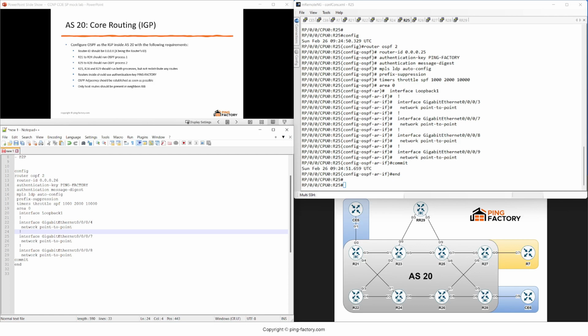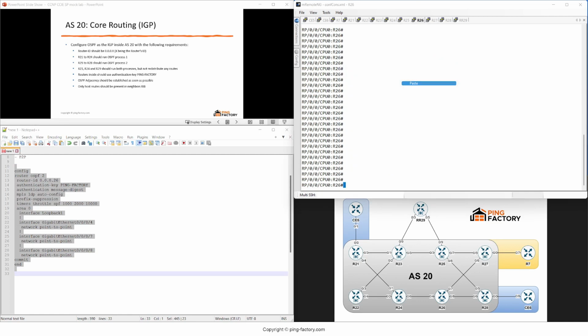And by the way, this is also an advice for when you're going for the lab exam. I always start with the nodes that have most of the configuration. Like here, I've started with 25, which has 4 interfaces, because then it's easier for me to just remove one of the interfaces instead of adding one. This is a bit of maybe paranoia from my side, but I think it's better to optimize most of the things, and this is what I consider optimization, but it's on you how you do it eventually. So on 26,